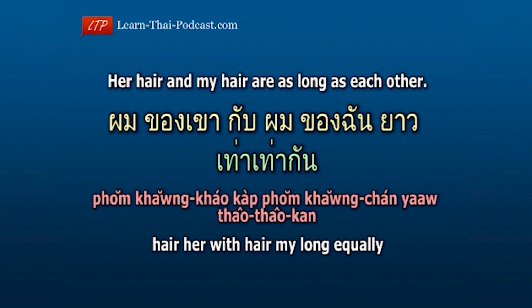Her hair and my hair are as long as each other. ผมของเขากับผมของฉันยาวเท่ากัน hair ผม her ของเขา with กับ hair ผม my ของฉัน long ยาว equally เท่ากัน. Hair her with hair my long equally. ผมของเขากับผมของฉันยาวเท่ากัน